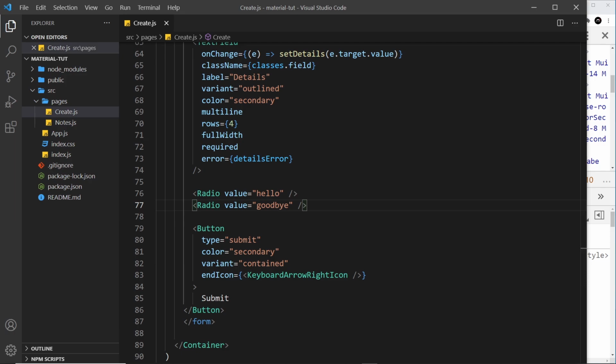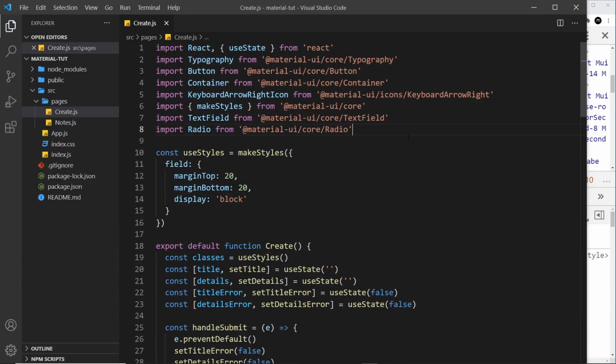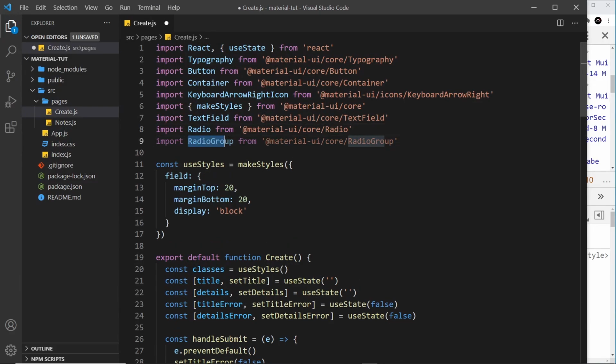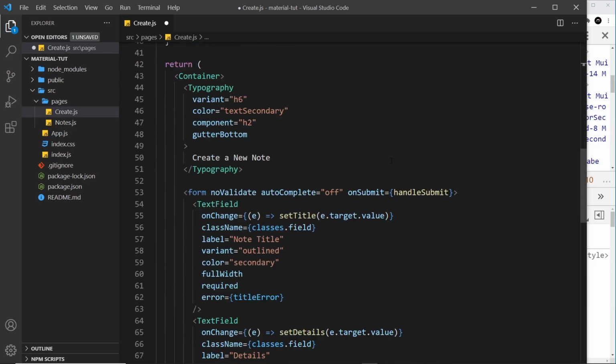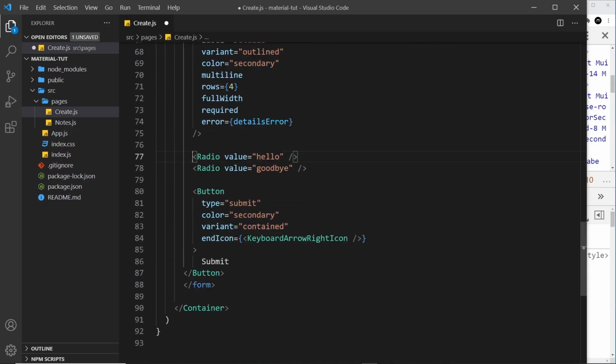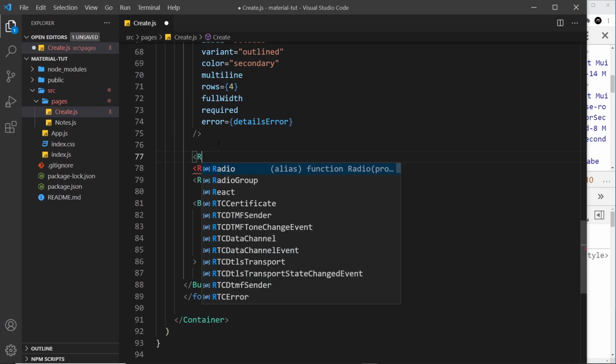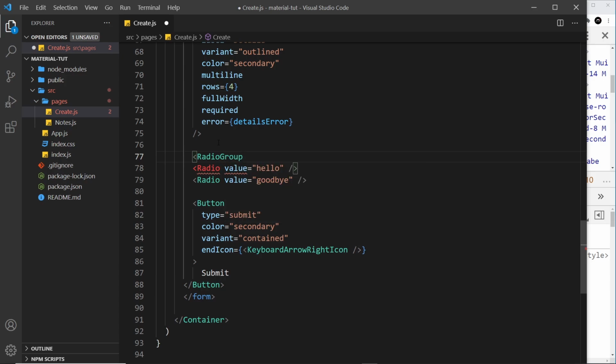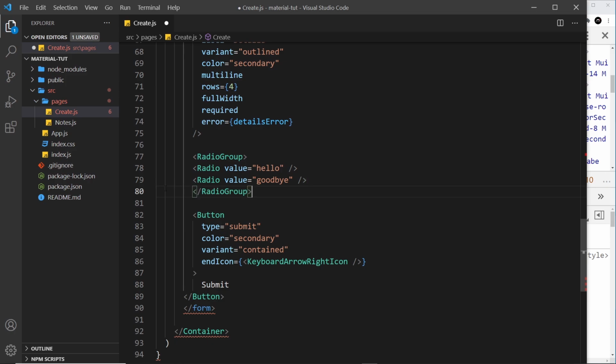And a radio group is something that surrounds different radio buttons to group them together so that a user can only choose one of those options. Now, the radio group is a component, so I need to import it first of all at the top. So import radio group from /core/radio group. And then down here, what we can do is surround these things with the radio group component. So let me do that. I'm going to say radio group, and then at the bottom I'll place the closing tag like so